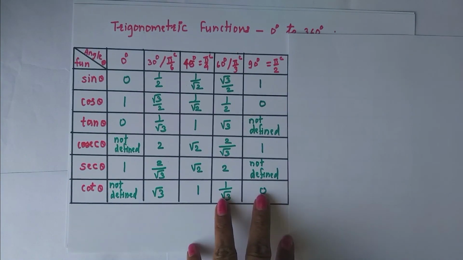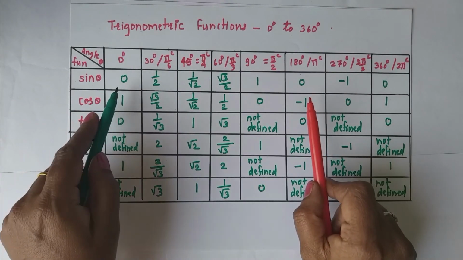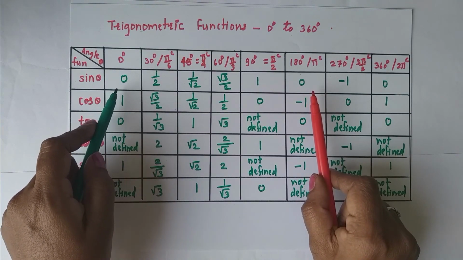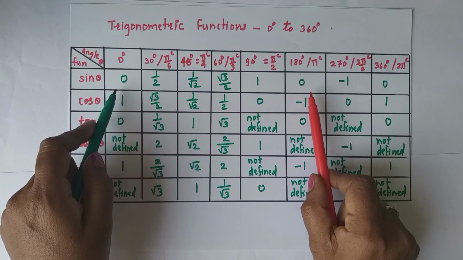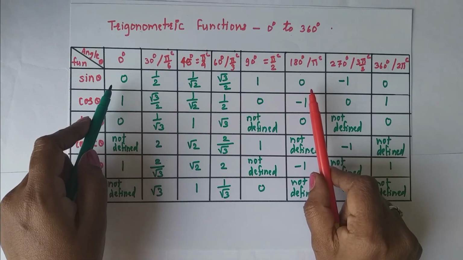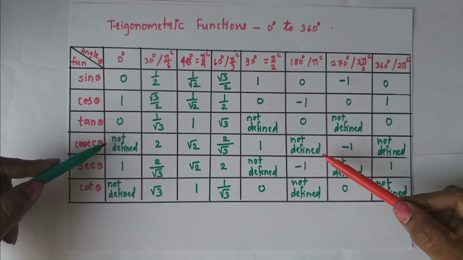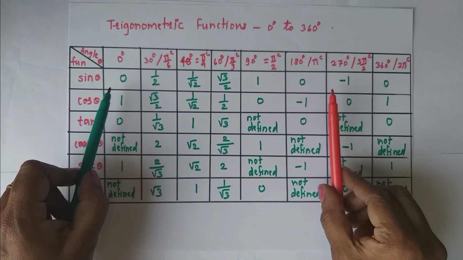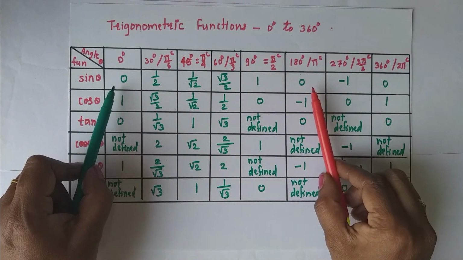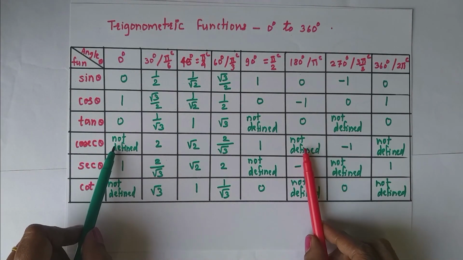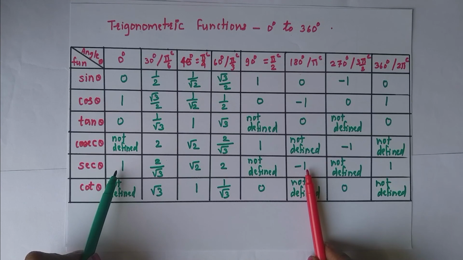Then what we have to do for remaining values here? See here, values of 0 and 180 degree are same, only changes in sign. Because 0 degree is positive direction of x-axis and 180 degree is on negative direction of x-axis. For 0 and not defined, there is no question of sign. But whenever there is 1, you change the sign. If there is 1, you write down -1. Then 0 as it is, not defined as it is. Here is 1, here you write down -1.